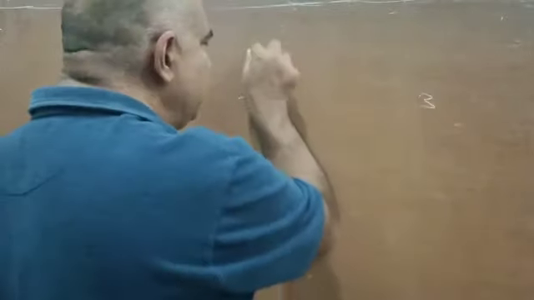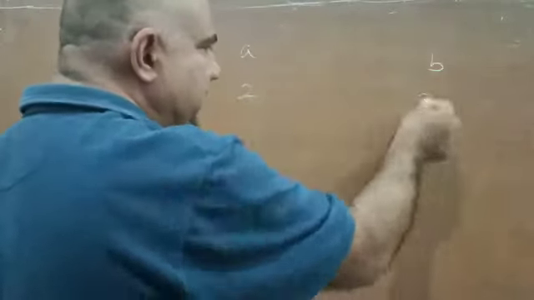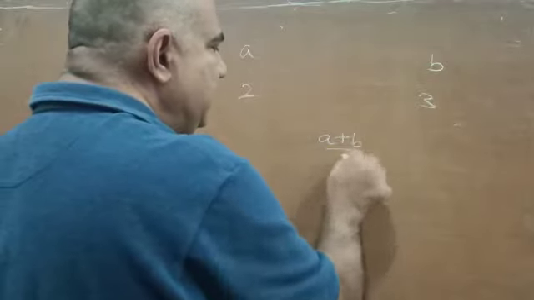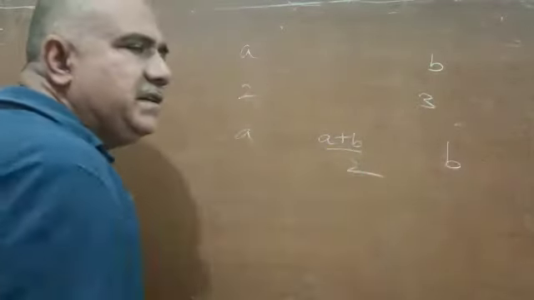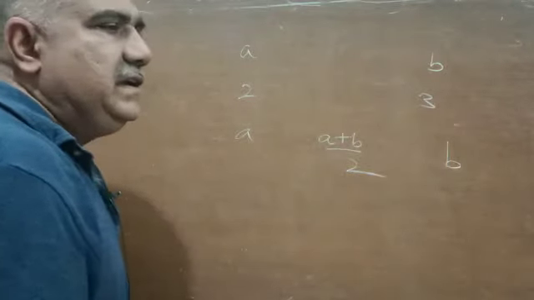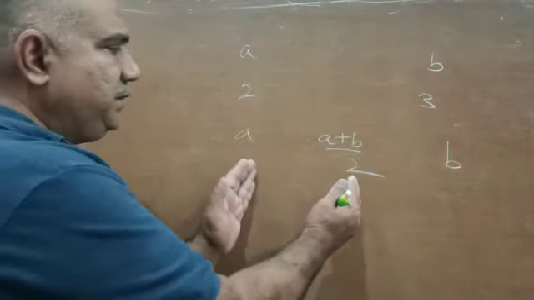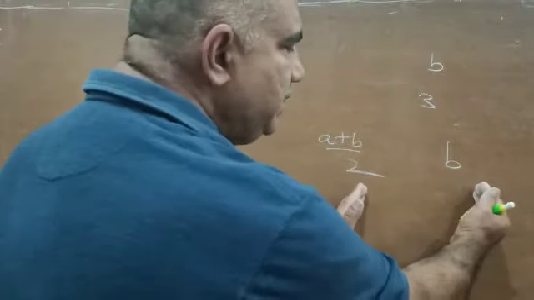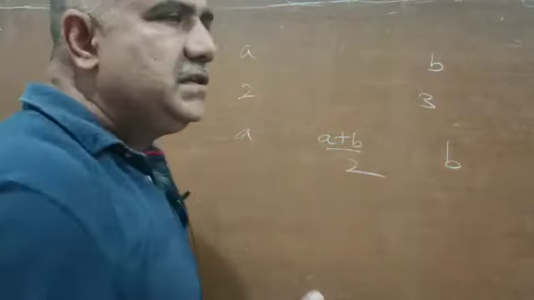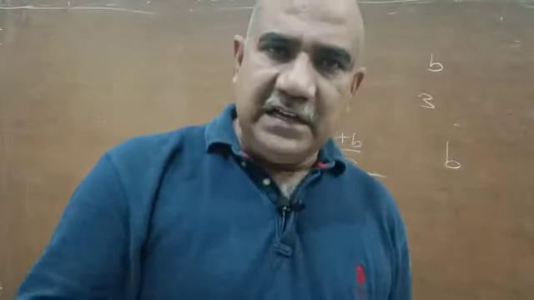In our next class we will see 3 more methods. Here we have seen 2 and 3. So let us say this is A, this is B in general terms. So we can write (A plus B) by 2 is a rational number in between rational numbers A and B. And you can find infinitely many between these two and infinitely many between these two. That is enough in this class. In the next class we will see.